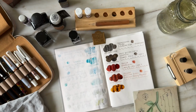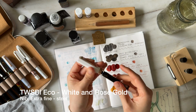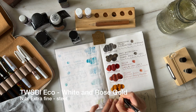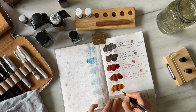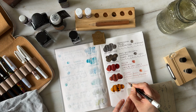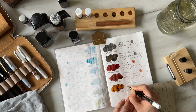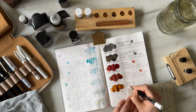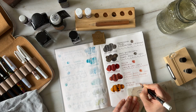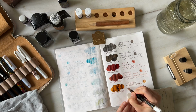And so far, writing with this pen, this is a TWSBI Eco White and Rose Gold. I have it in an extra fine nib, also a steel nib, but this pen and ink pairing has been so lovely. The extra fine offers a nice fine line, but also it's wet enough so that it really showcases the shading properties of this ink. This is one of my favorites this month. So honestly, I can't tell you which one is my favorite, but I'm really, really enjoying this pen and ink